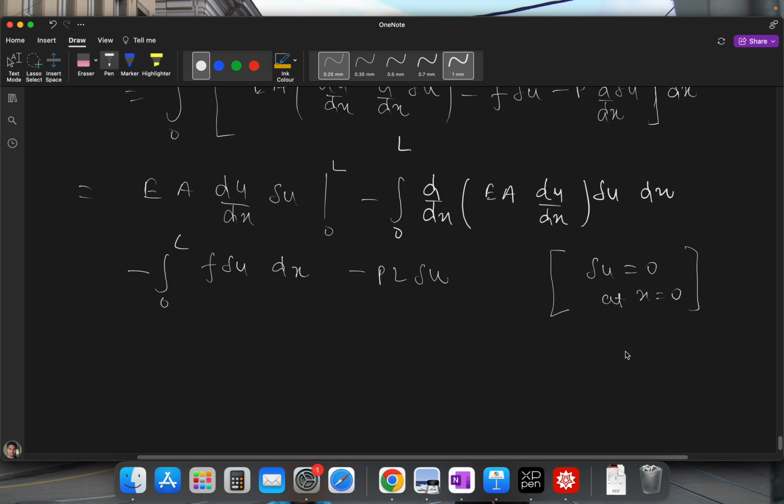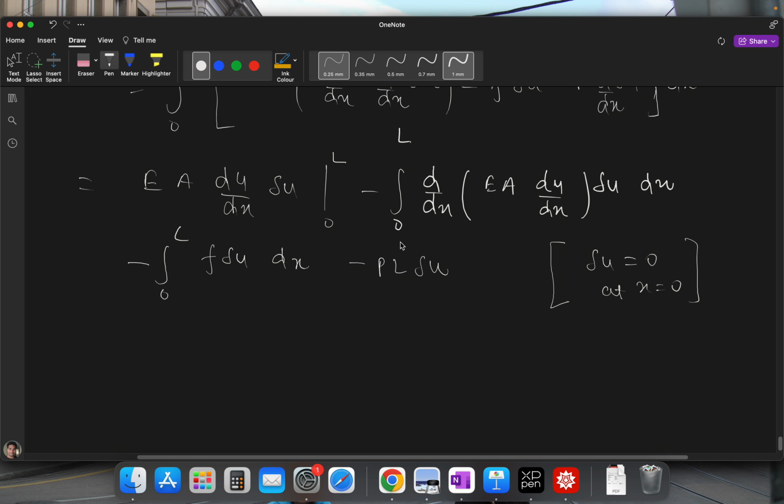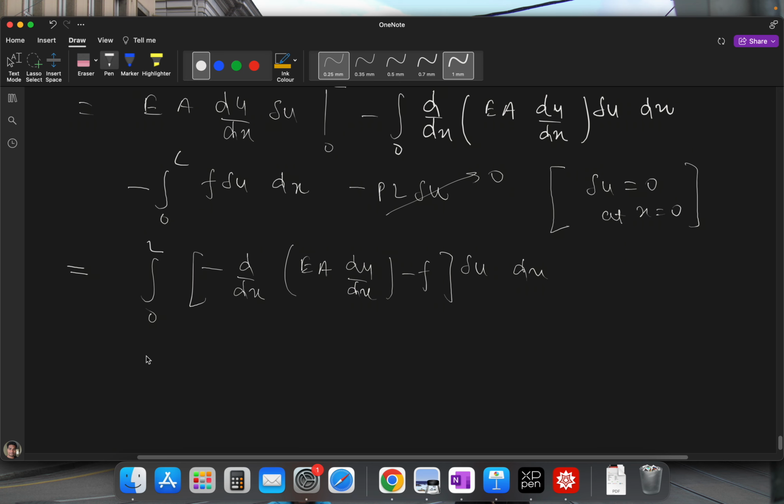So this will become directly 0. Fine? So now what will it be? The integral from 0 to L of del, d by dx EA du by dx minus f del u dx, plus